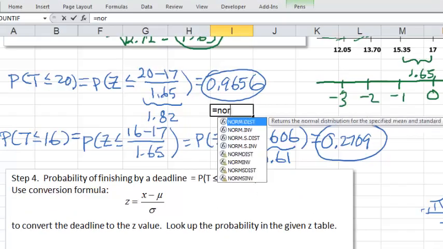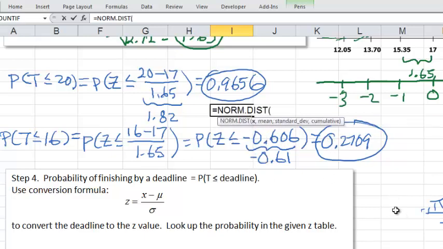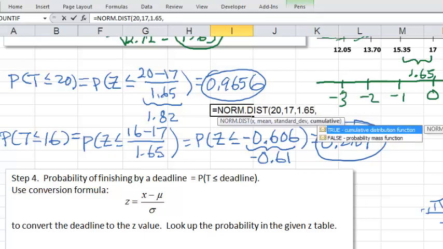It's NORM.DIST. You could see it listed right here. It says it returns a normal distribution for the specified mean and standard deviation. So let's choose that one. And then it tells you what to do. You have to find: 20 is the x, mean is 17, the standard deviation is 1.65, and the cumulative, it says,